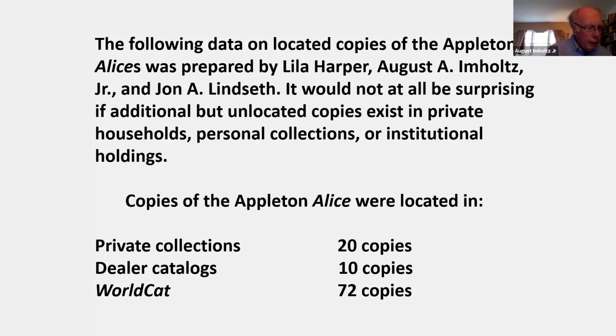Sidney Herbert Williams had a copy of his own, and Mr. Sargent informed him that he thought there were about 50 copies extant in America at that time. This table shows that John Linseth, Lila Harper, and I have uncovered 102 copies of Appletons in the United States today. There probably are more in private collections, personal collections, or institutional holdings, and people may not even know what they are. This is important because